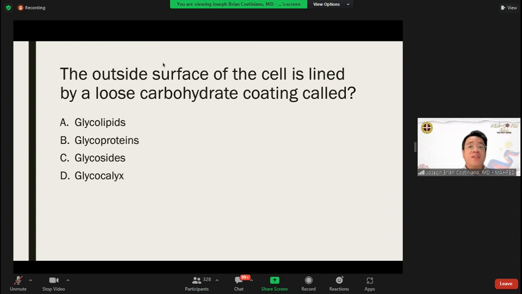So X na 'yon. So if you don't know the answer to a question, you just take a look at the choices. So kung alam mo naman na A at B ay hindi na tamang sagot kasi lipid at protein na yan, carbohydrate tinatanong, at least you have 50% chance na, no? Between C and D. So mas mataas na yung chances mo of winning. Oo. So you need to just take a look at the choices.